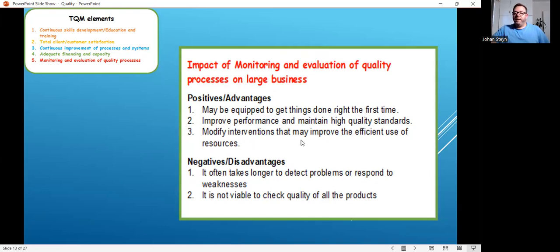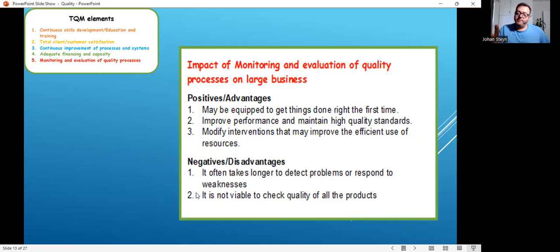It says modify interventions that may improve the efficiency of resources. Now, you use your resources in a certain way. If you reduce the use of resources, that means you use less resources, cost you less money, the business makes more profit. Then if you look at the negatives, it often takes longer to detect problems or respond, because